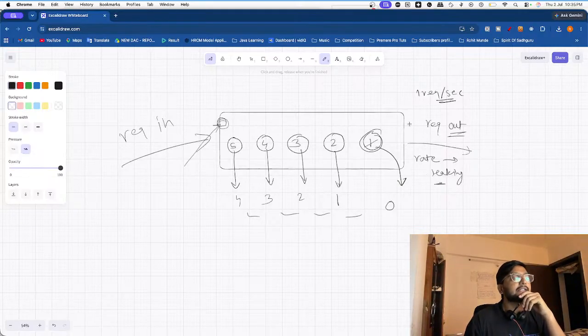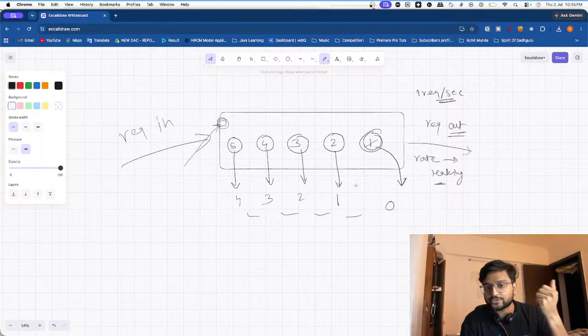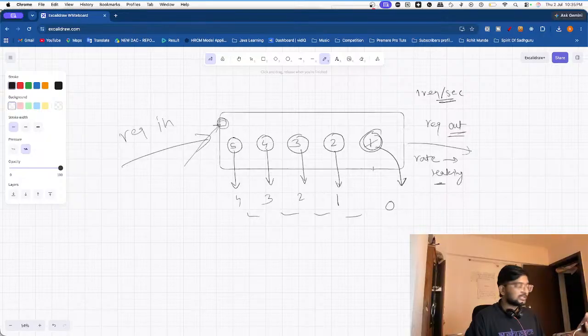Yeah, leaking rate, that's what I was explaining. Now this becomes a trickier part, because which request to serve to which